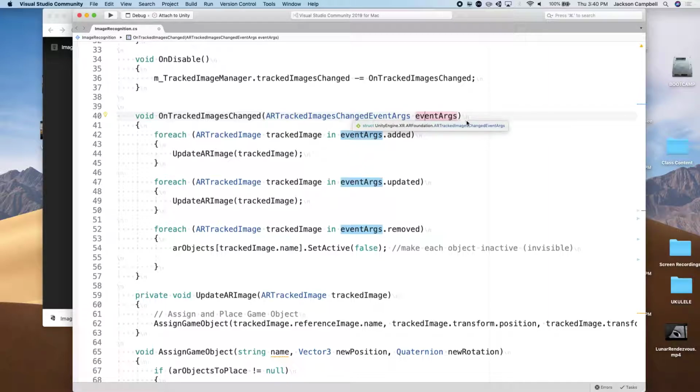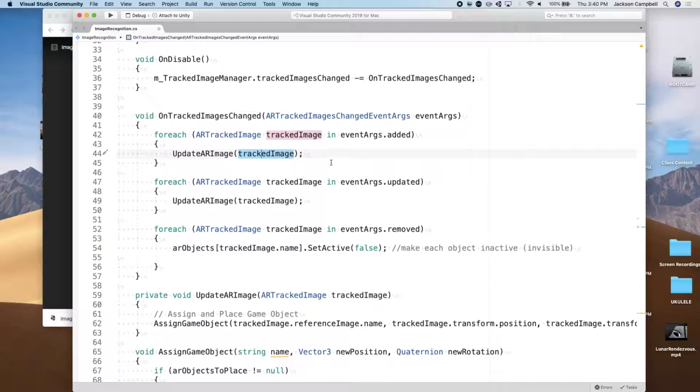And so from then on, we can reference just eventArgs instead of having to type out this whole thing every single time. So we say for each ARTrackedImage trackedImage in eventArgs.added, meaning it's now seen something new that it hasn't seen before, then run this UpdateARImage method